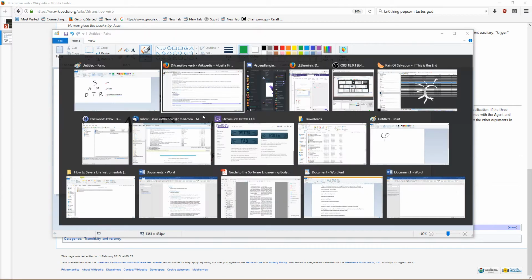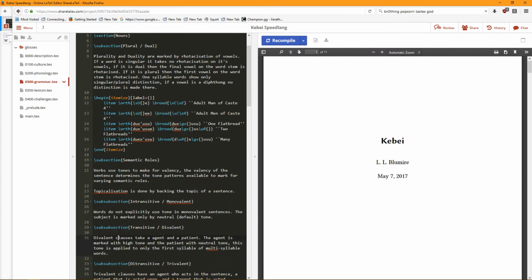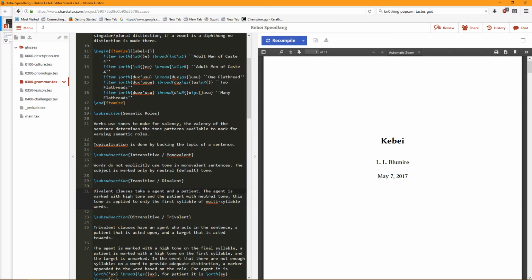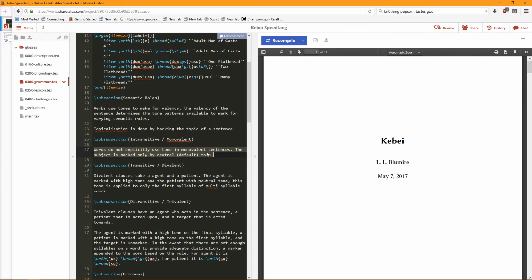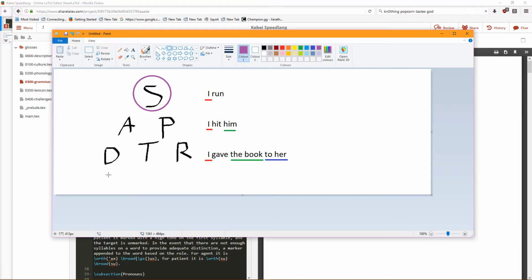Right now, our breakdown, as it is listed, is that for intransitive and monovalent words do not explicitly use tone. Okay, so it's all neutral tone. So we have some form of a marker that I'm going to do in purple that represents neutral tone. Okay, so we know that this here is in neutral tone, or default tone. It is all in low tone. Yeah, indirective, P equals T. So English essentially has a line across here, a line across here, and a line across here. Actually, can you see my mouse? You can see my mouse.